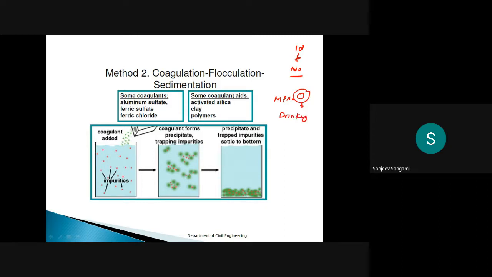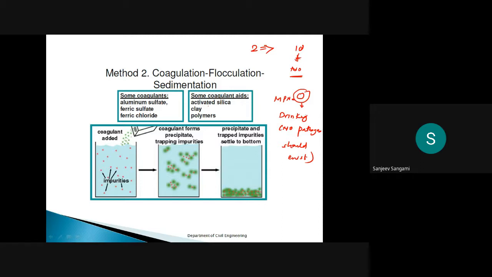It means no pathogens should exist. Remember, no pathogens should exist in the water. Even if you got 2, it is not recommended to drink it. So this we have to identify with the help of the standard plate count test as well as the multiple tube fermentation technique. Okay, so till now, this is okay.